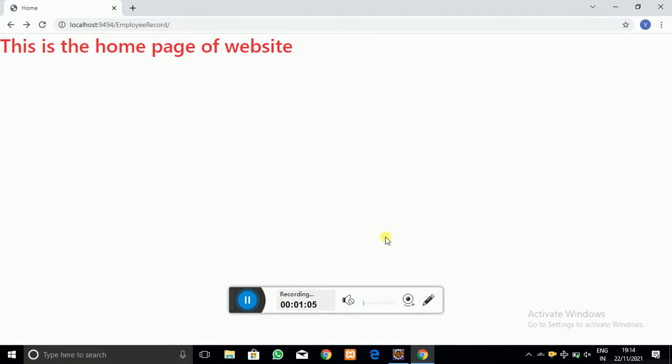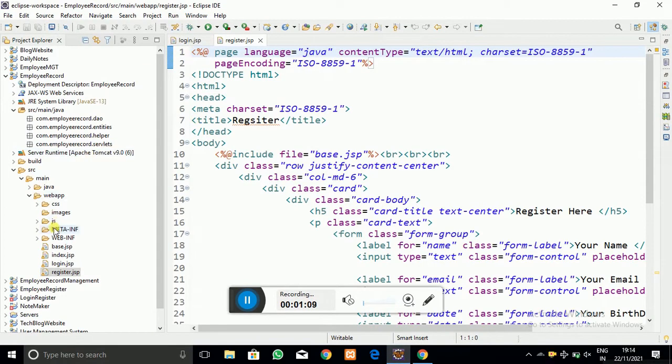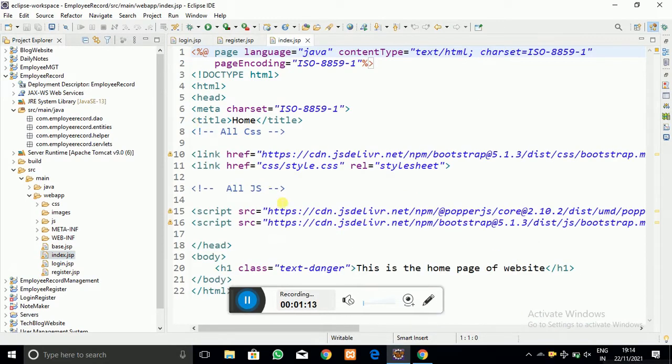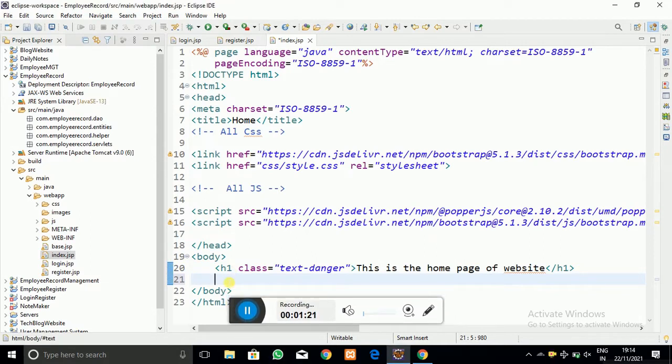I am going to design that page as I showed you in the demo video. Here you can see the index.jsp page, where I added only simple text in the last tutorial.